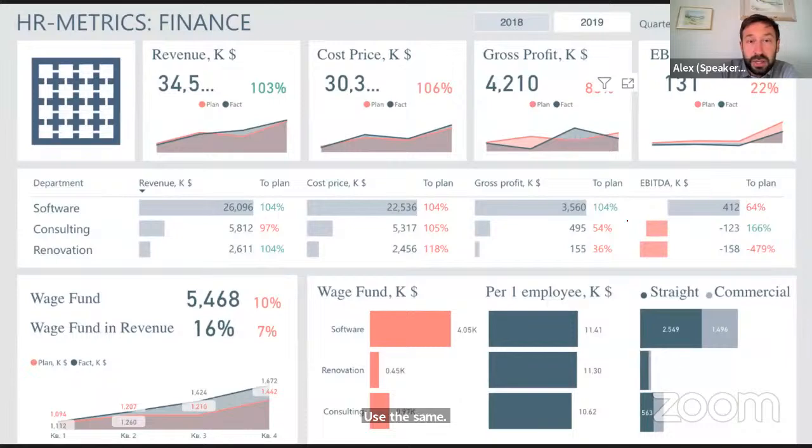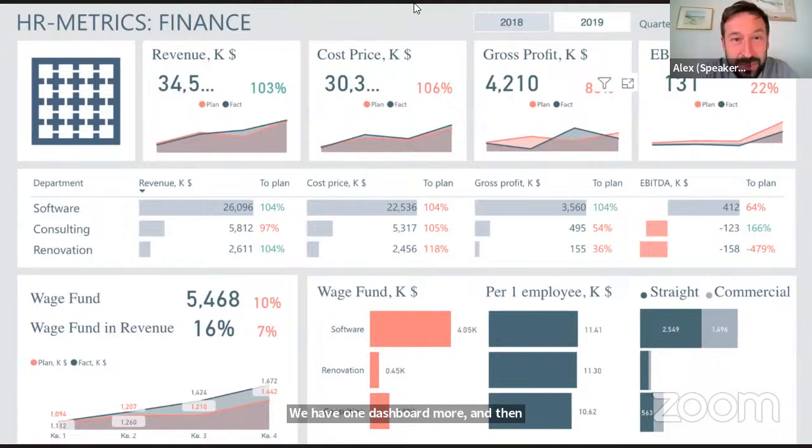Next example, it's example number 6, and we have one dashboard more, and then we will finish our cemetery tour.